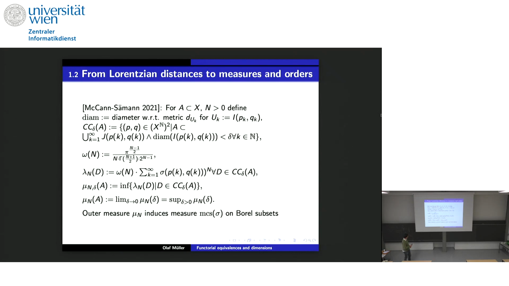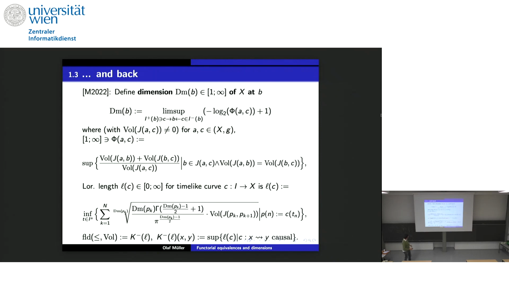These parts here are verbally the same as in the definition of Riemannian Hausdorff measure. And of course, as in the Riemannian case, you have an outer measure induced by that on the Borel subsets. This is Roberts and Clement's work from 2021, and there is a moral inverse of that, really an inverse on spacetimes, and it is based on the